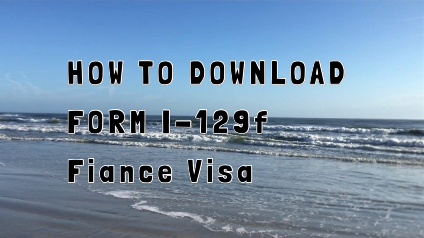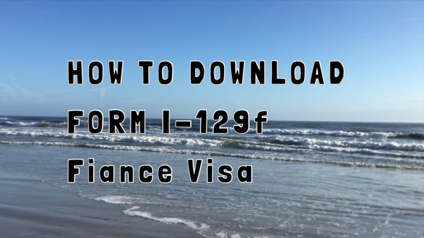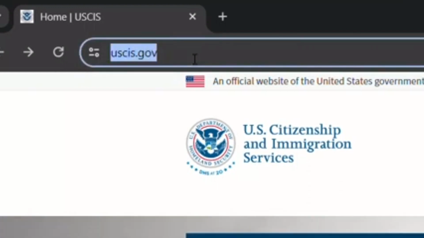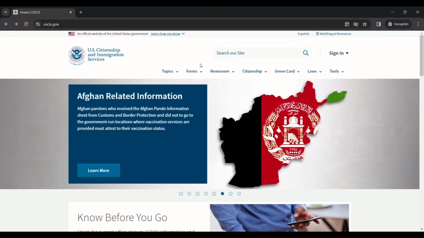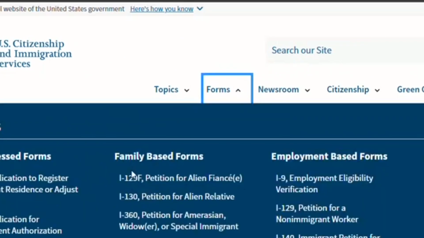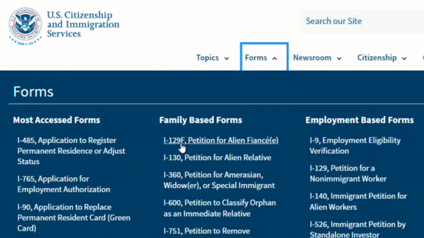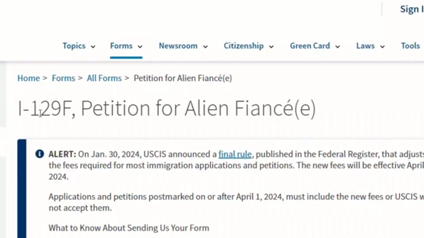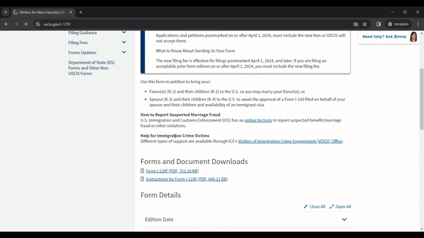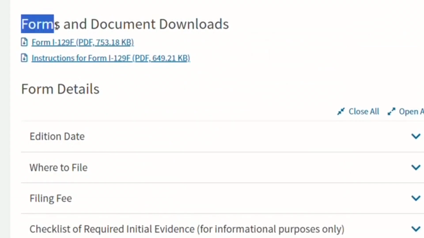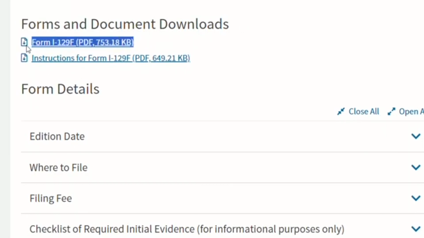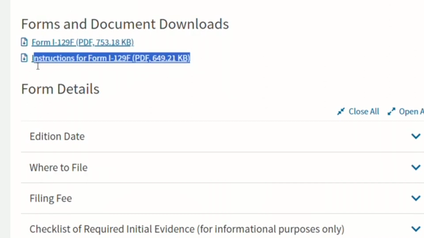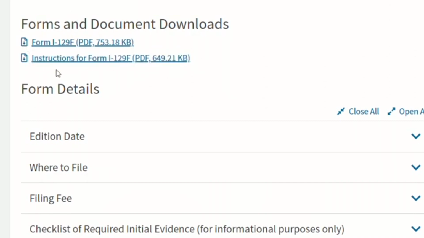Where to download Form I-129F or Petition for Fiancé. Simply go to the uscis.gov website, and then go to the family-based forms, and there's the first one here. You can find the link for the I-129F Petition for Alien Fiancé. Once you click it and go down, you can see the forms and document downloads. This is the Form I-129F in PDF format,